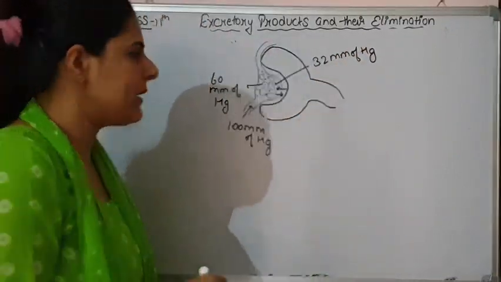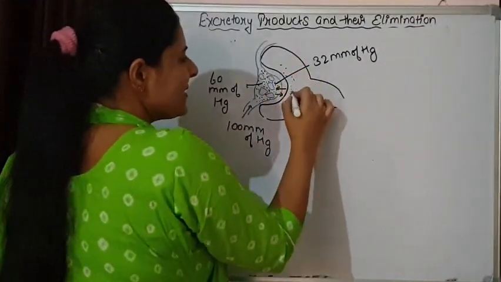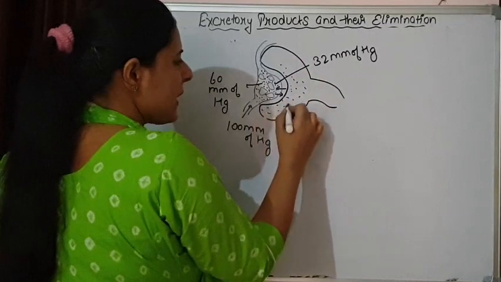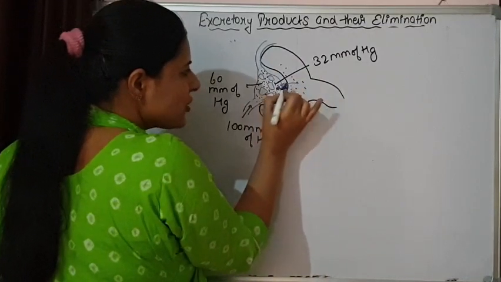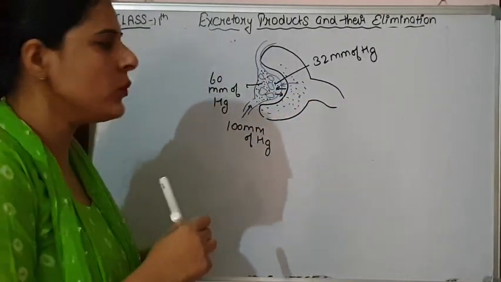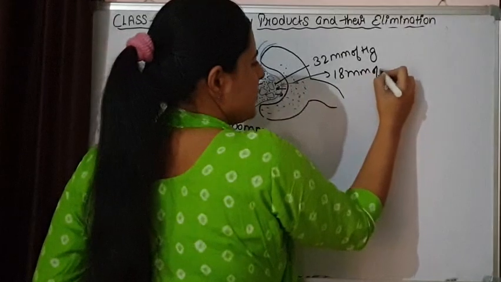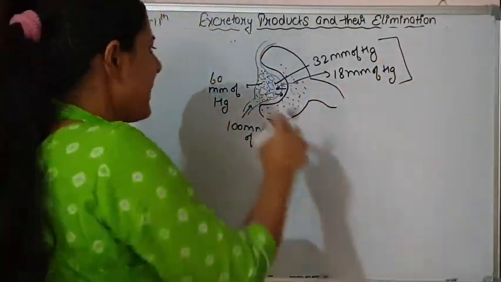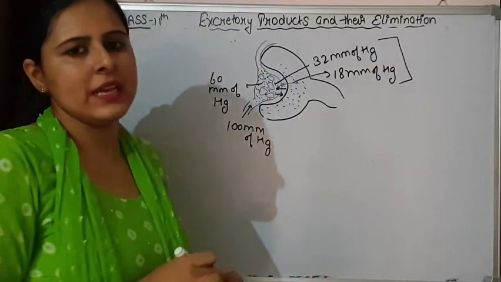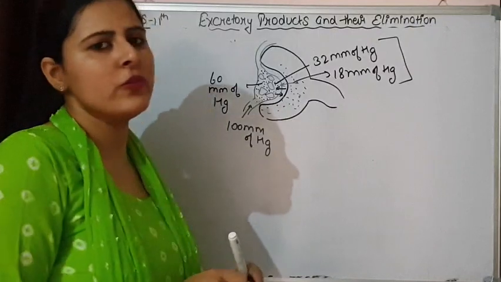The capsular hydrostatic pressure is provided by the filtrate that is coming in this Bowman capsule, and this is also acting in the reverse direction, so this is also a negative one, and it will be again 18 mm of Hg. So these are two negative pressures, and by subtracting these negative pressures, the net filtration pressure that is coming is 10 mm of Hg.